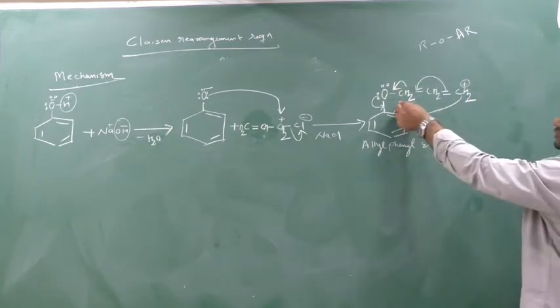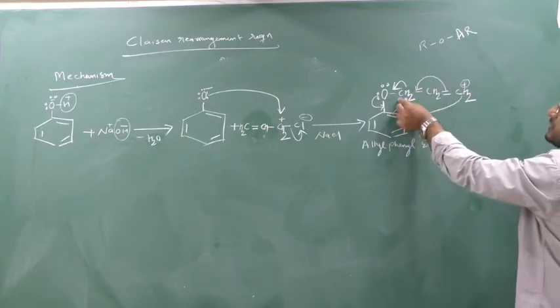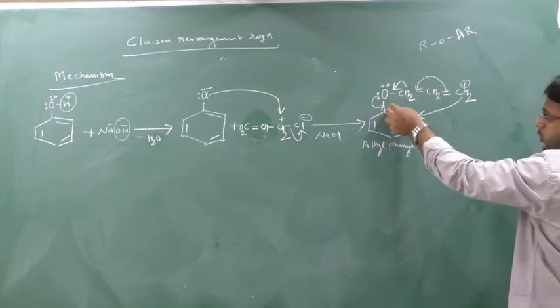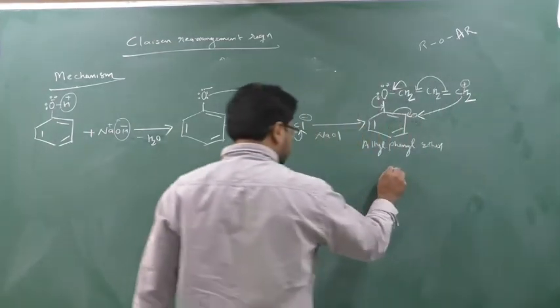So when this CH2 is making a new bond with this pi bond, he has to break the old bond. This was the old bond. So what change will occur? See here.